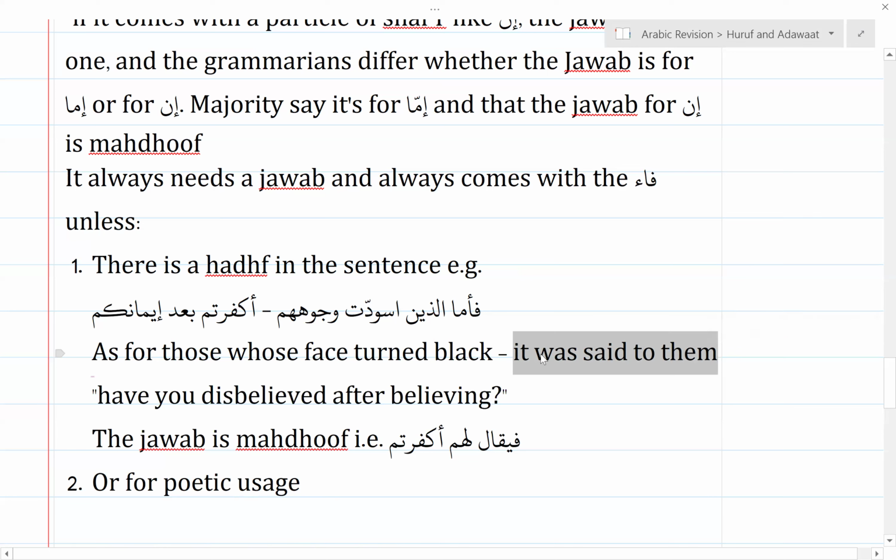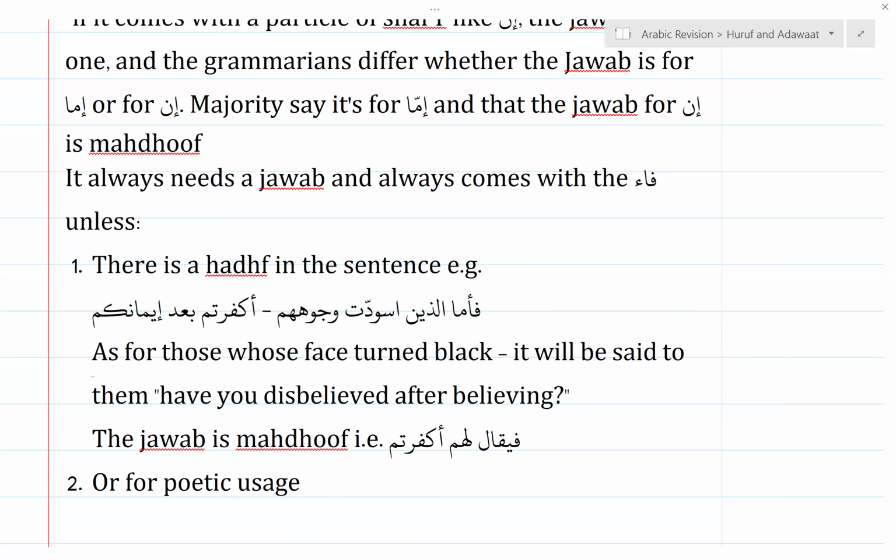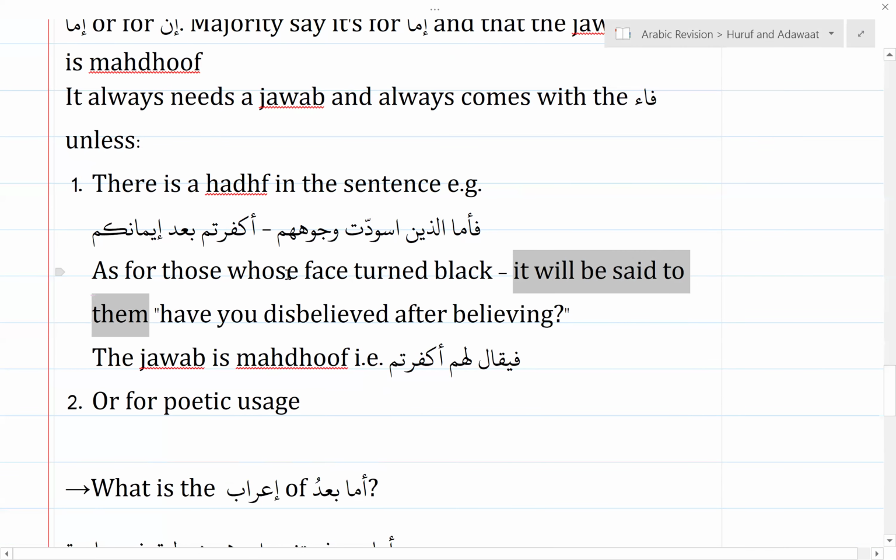Or it will be said to them. Or it is said to them. Because this is happening on the Day of Judgment, it will be said is more appropriate. Now you see an entire sentence is missing, which is the part of the jawab, kind of like the example we are dealing with in the book. The jawab was missing. Because the jawab was missing, there was a hadf, you can see that the fa is also missing. We didn't have a fa in our example in a ta'bir al-Qur'ani, and we'll go back there and clarify this point. So that's one reason where you can have a hadf.